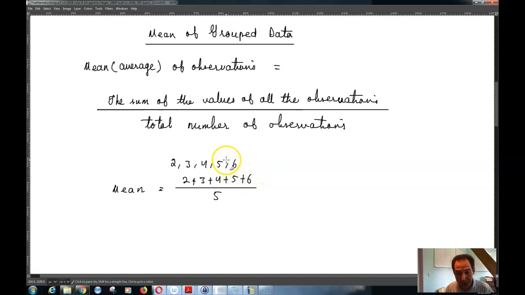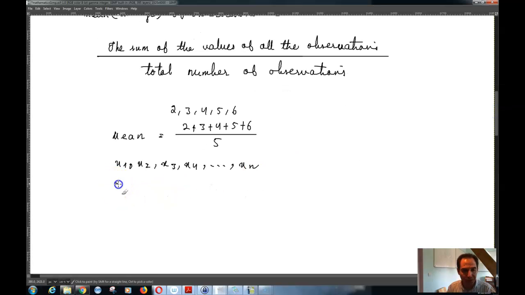Now, if I call these observations x1, x2, x3, x4, all the way up to x sub n, and of course with respective frequencies f1, f2, f3, f4, all the way up to f of n,